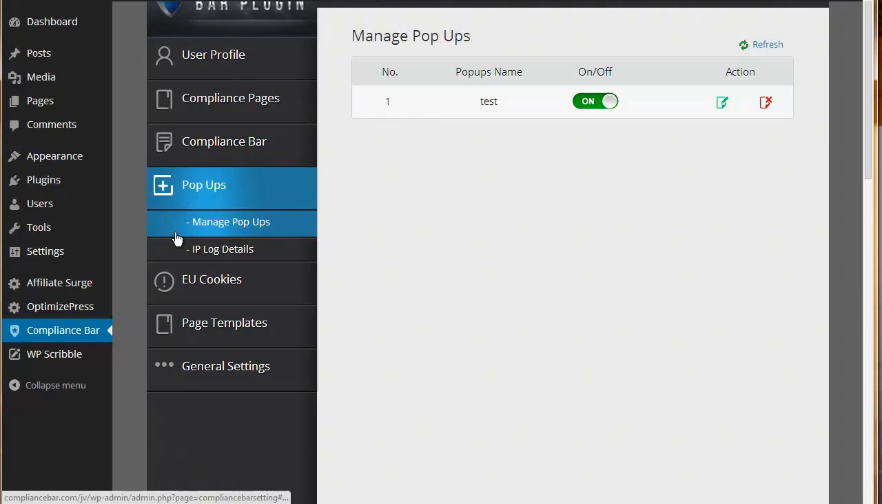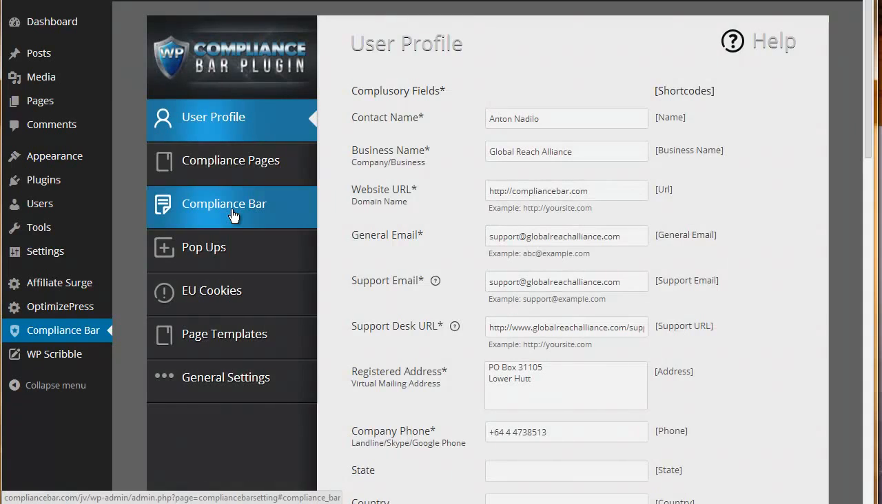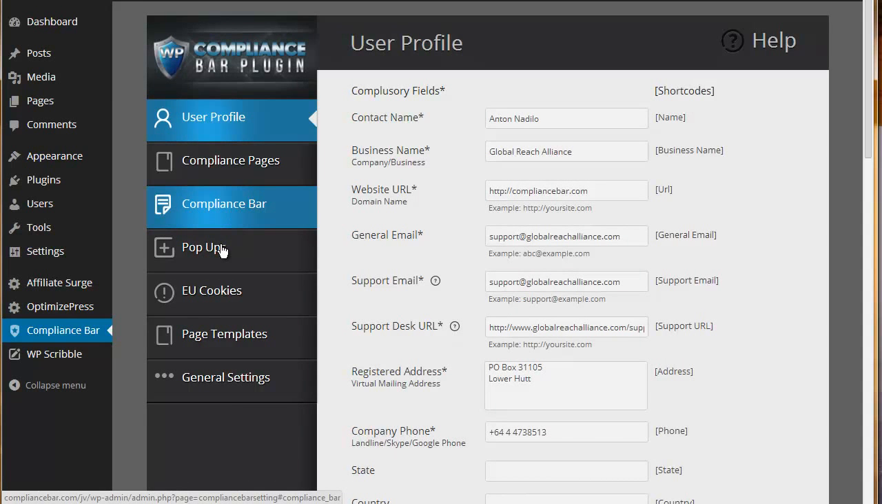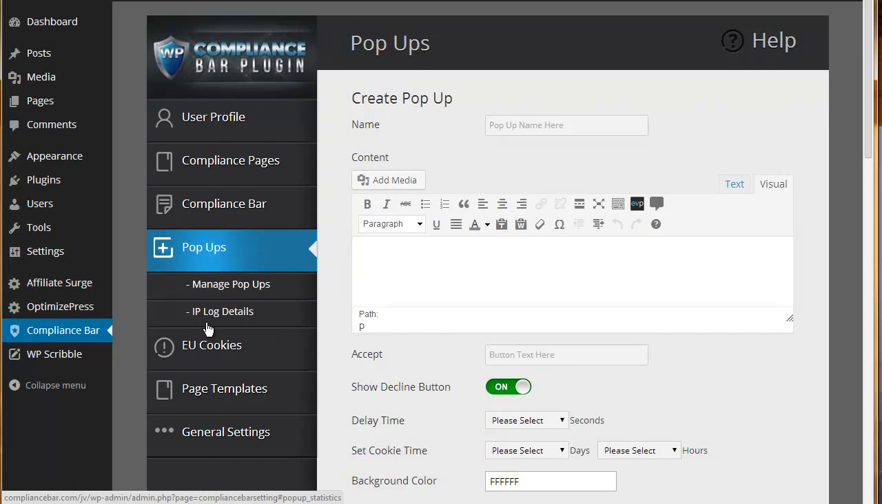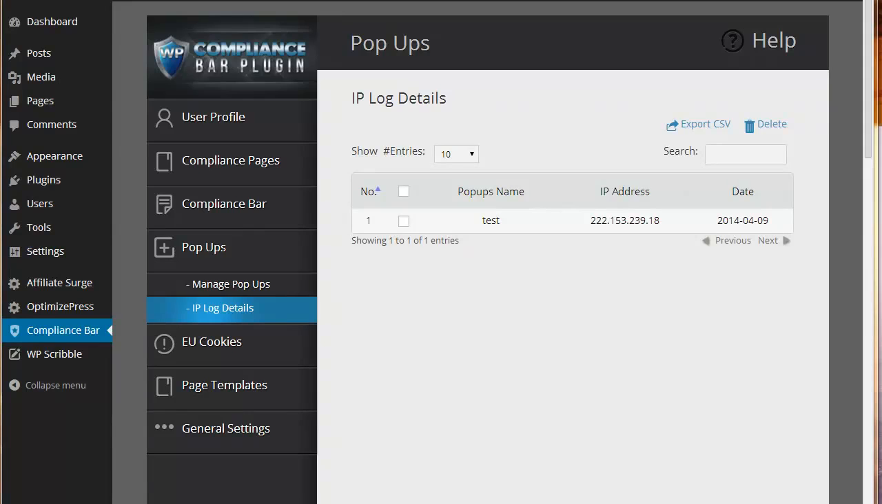At the same time we are logging IP details, so if I reload that page, because I've just accepted it, my IP should, with a bit of luck, appear. Go to pop-ups, IP log details. Okay, there it is. Sorry, I realised why it didn't show the first time. It's because I was logged into the site, and I had to accept it through a non-logged in site. It logs my IP address and shows which pop-up was accepted and the date, so that's particularly useful